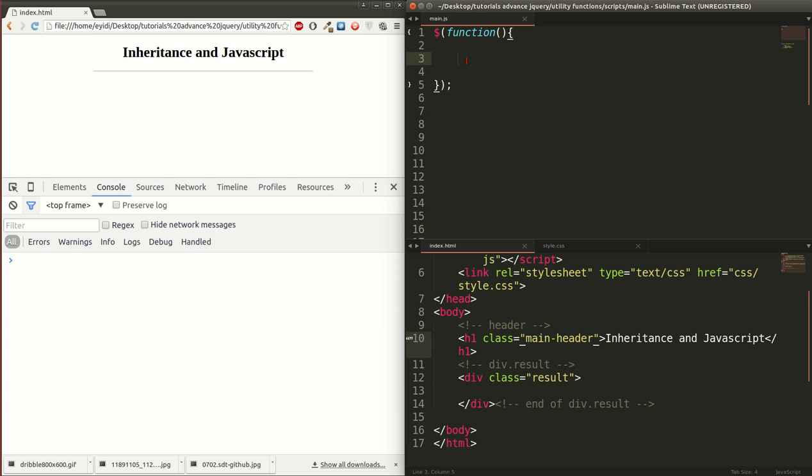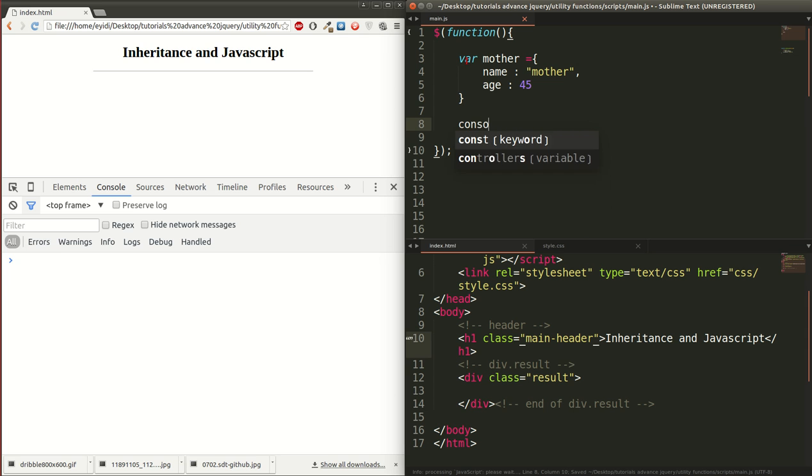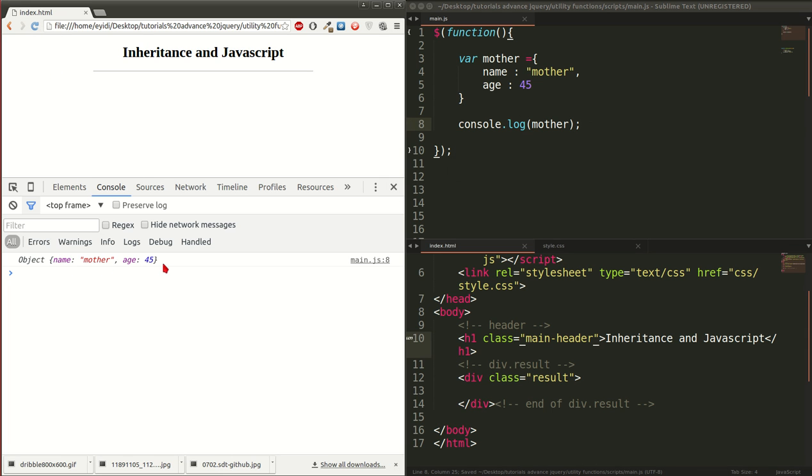about the proper inheritance. In order to start quickly, I'll create an object called mother, and I'll give it a name. The name will just be mother, just like that. Then I'll give an age as well. The age will just be, let's say, 45. So if I output this mother, it will create exactly the object the way we want it, with name and the age as